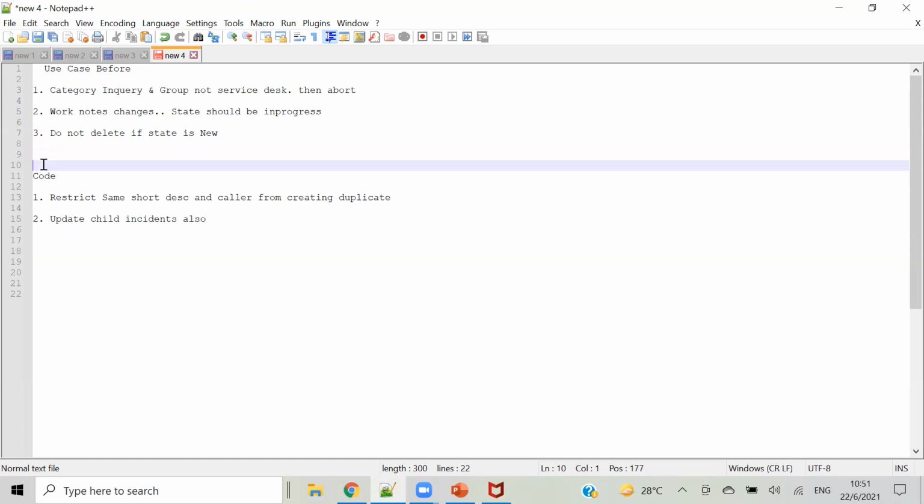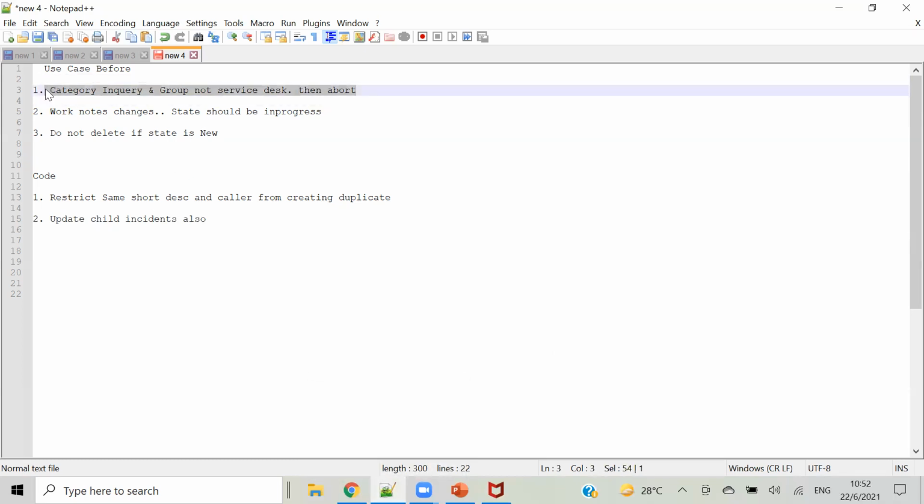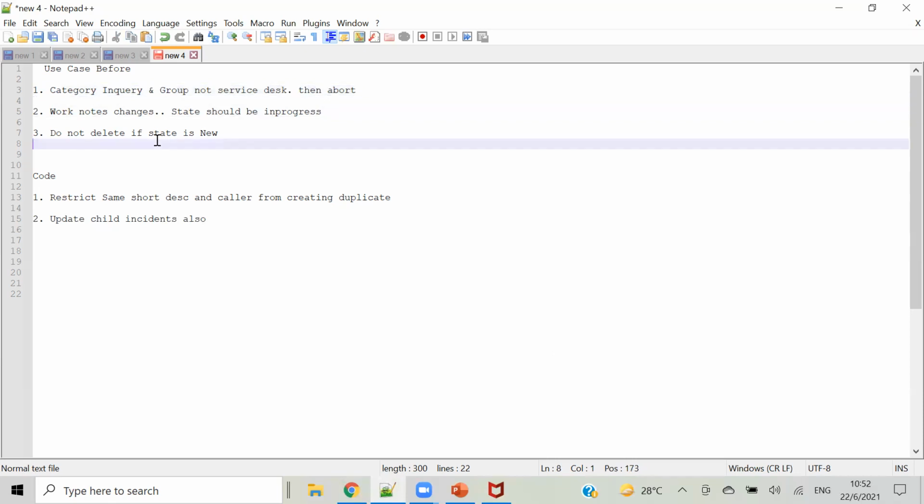And in interviews, they will use the same scenarios, these use cases, and they will directly ask you what you will write here. You have to answer them, like we will write a before business rule, before insert. So in a ServiceNow interview, they will not ask you for coding. Only some companies will ask you for coding, by sharing your screen. But in interviews, they will mostly give you simple scenarios like this only.